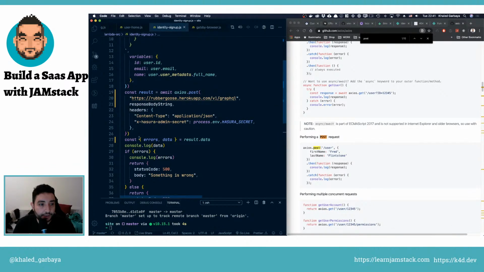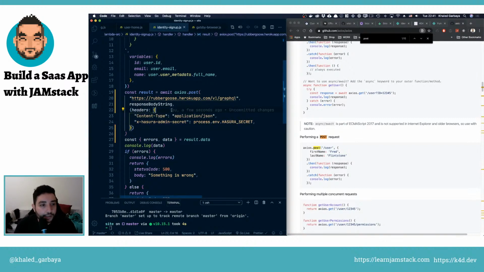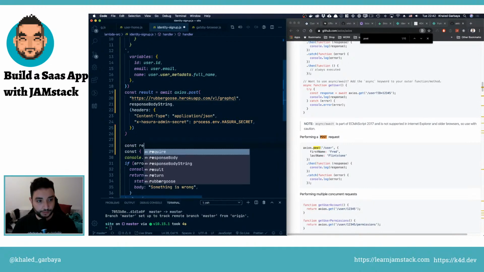Okay, we have maybe an extra bracket somewhere. We have this. We have that. We have this stuff. This thing. No, we don't need this stuff. Why are you adding these? What, add braces? This is not a function. So here we have... oh man. Okay, const result equal await